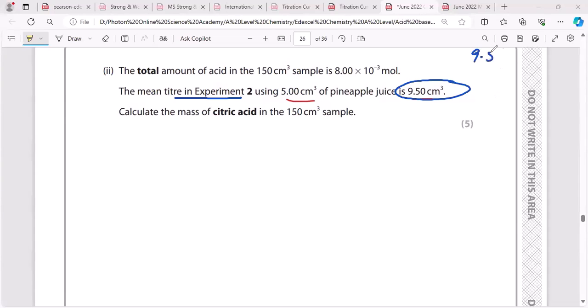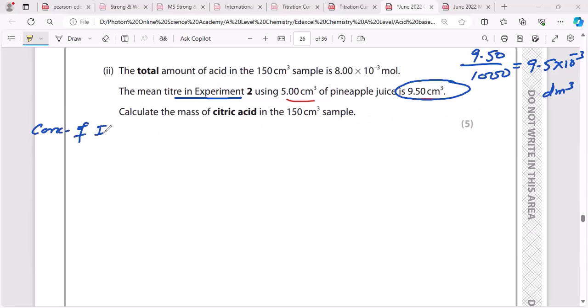So 9.50, first I divide this by 1000 so that I can convert this into cubic decimeter. So 9.50 divided by 1000 equals 9.5 × 10^-3 cubic decimeter, and the